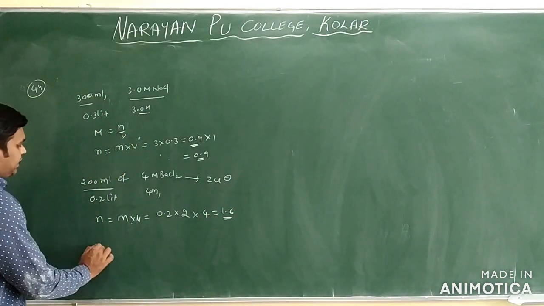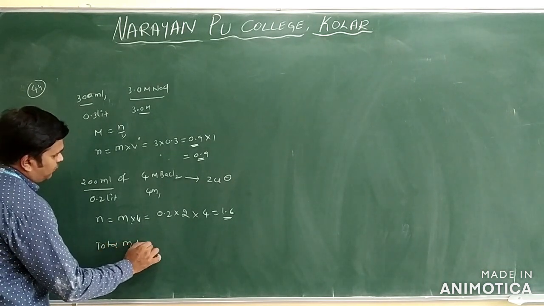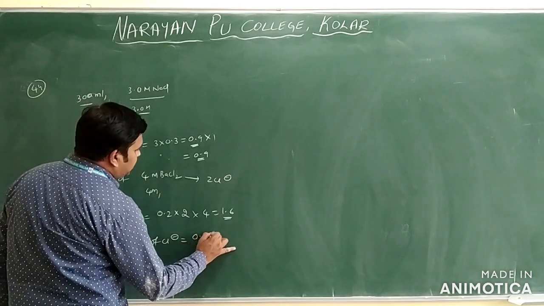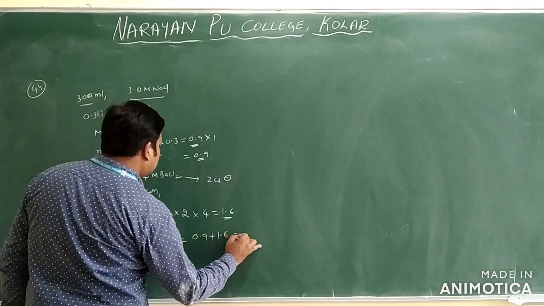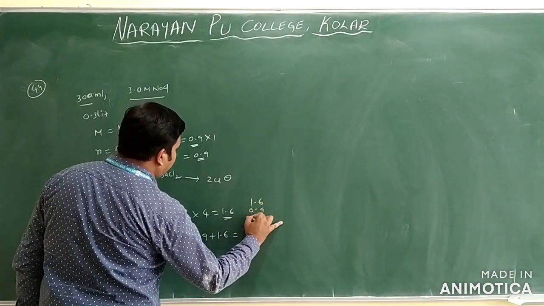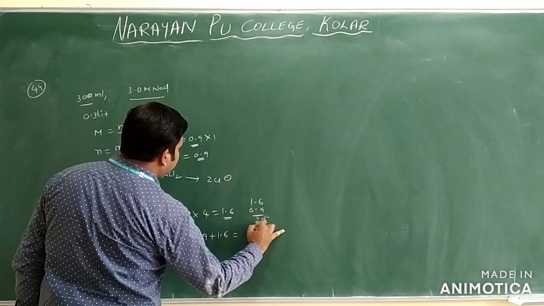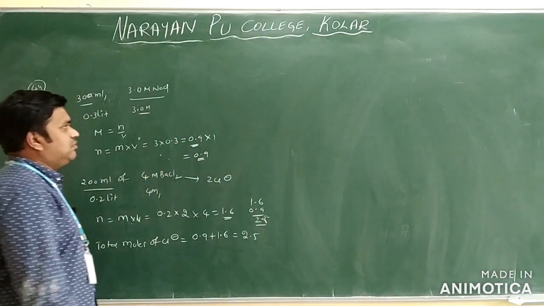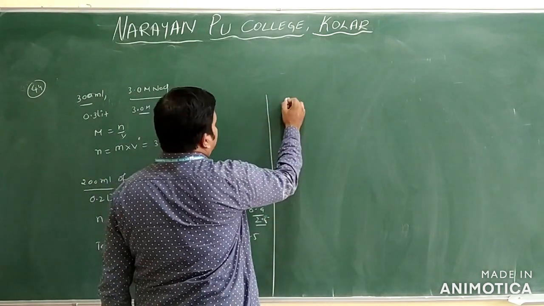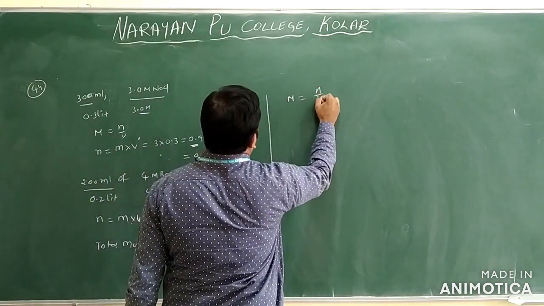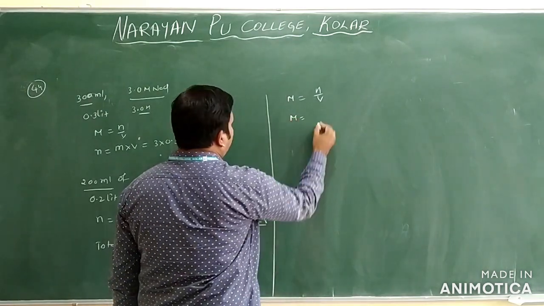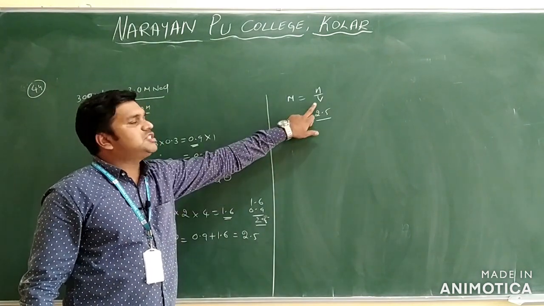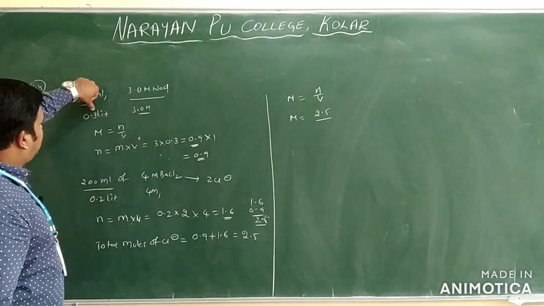Now we will write here the total moles of Cl minus ions, how much we have? This is 0.9 plus 1.6. So total how much you will get? 2.5 only. But in the question they are asking the concentration of Cl minus ions. So concentration means you can find out molarity. M is equal to n by V. What are the number of moles we have? This is 2.5. But the volume given in liters, that is total volume. This V is what? Total volume. Initial volume how much we have? 0.3. And this is how much?